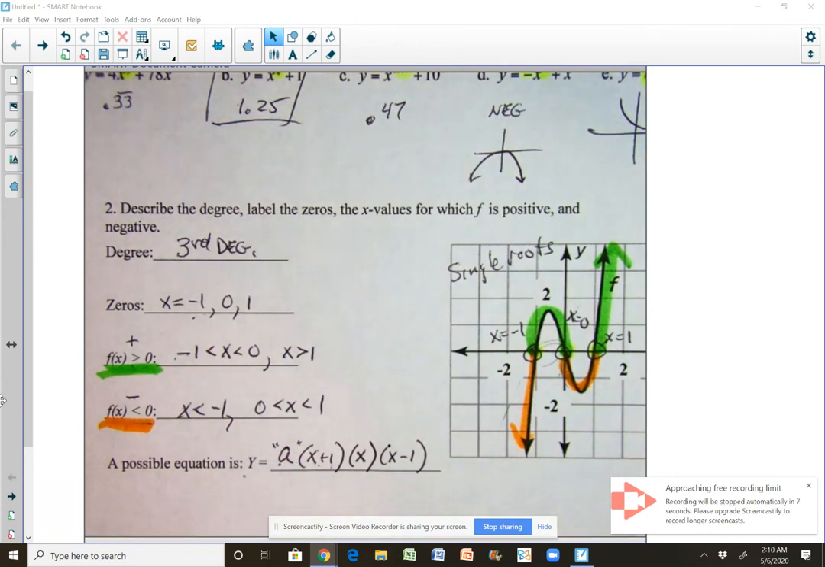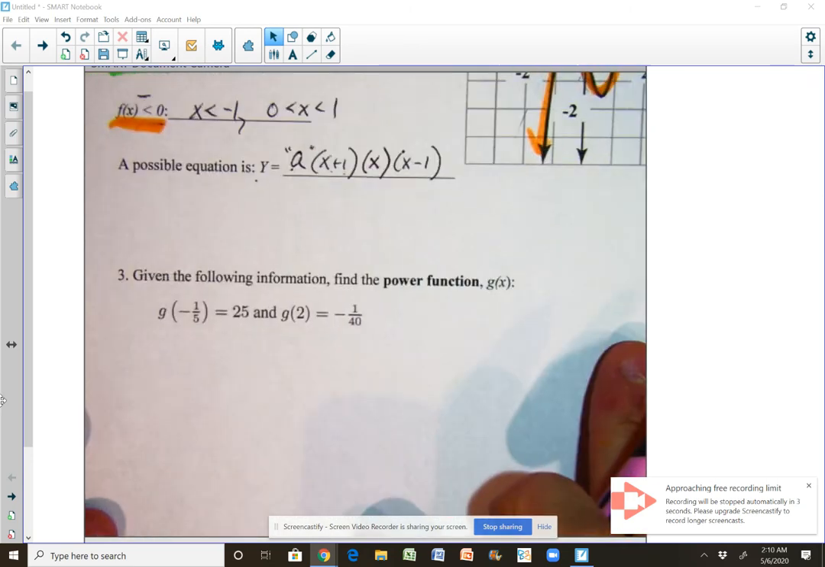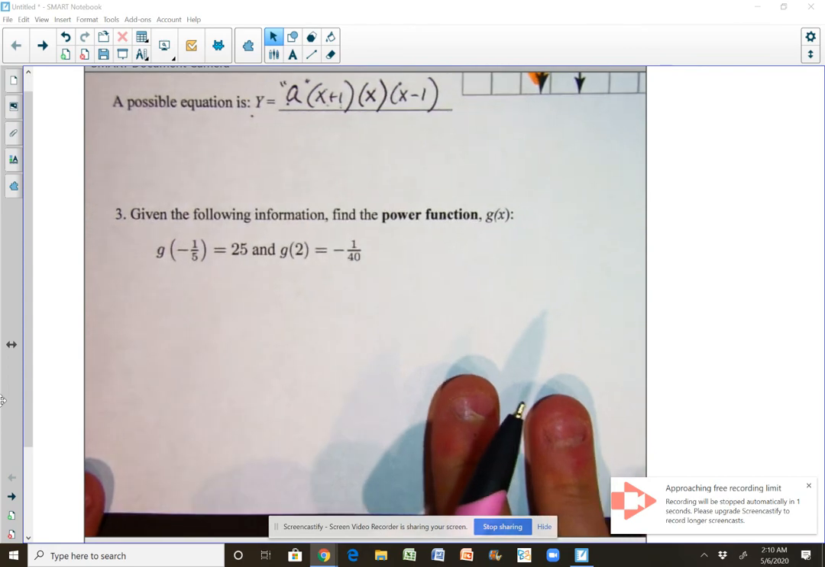All right, then going to the last one, the power equation. This behaves a lot like when we solve for exponential